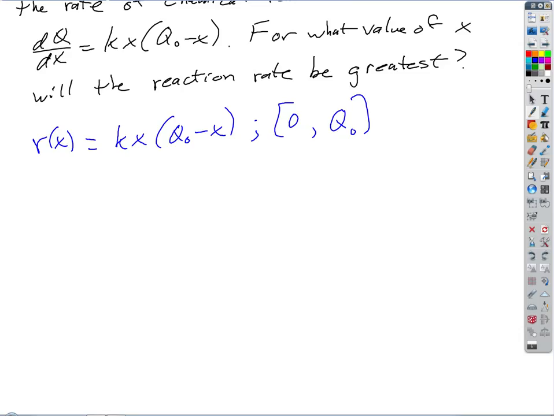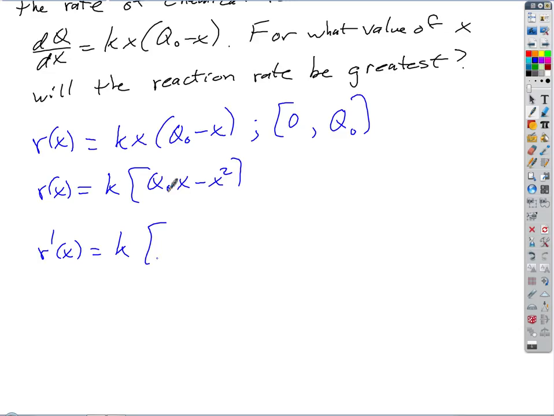Let me simplify this by distributing. I'll rewrite this as r of x equals k times (q naught x minus x squared). I can leave the k out front, since it's just a constant. Now if I differentiate, what do I get? I leave my k out front, and what does that term become? q naught minus